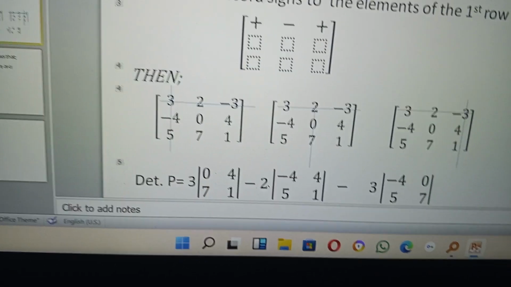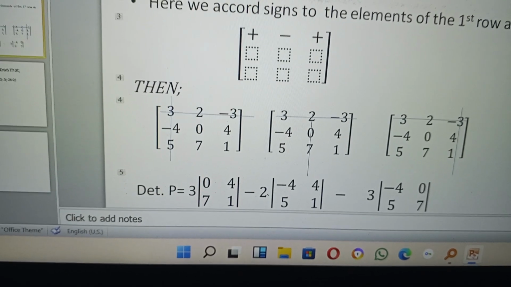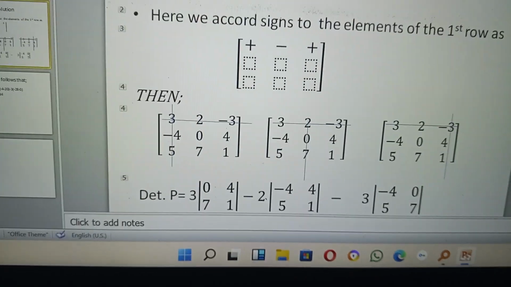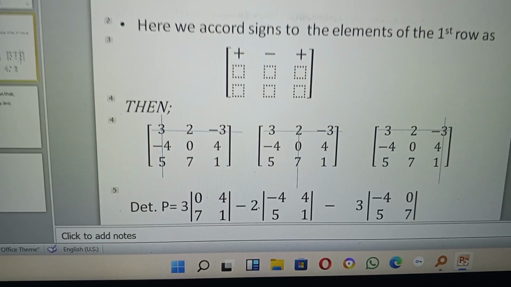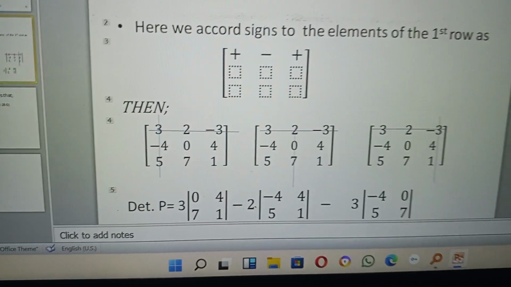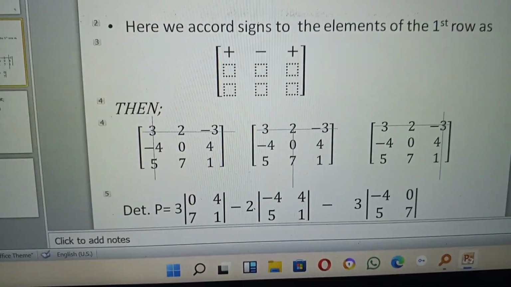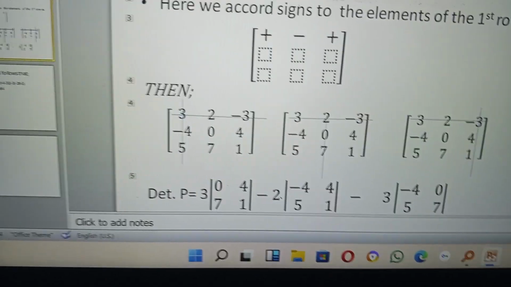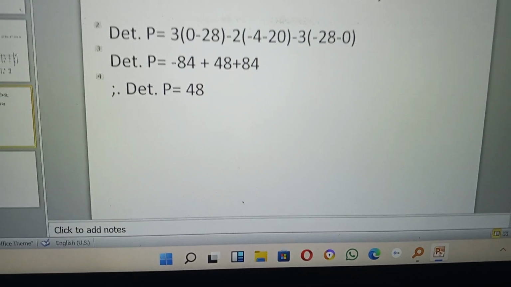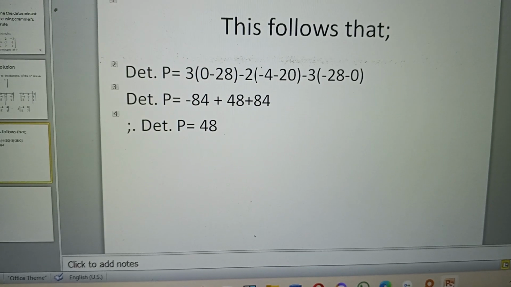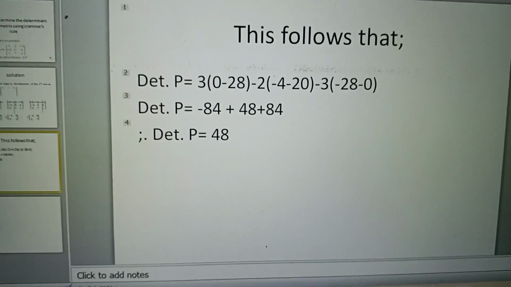Now we are having 2 by 2 matrices. The minor matrices are 2 by 2, 2 columns and 2 rows. And there we get the determinant by the product of the major diagonal minus the product of the minor diagonal. That leads us to the determinant of P being now 3